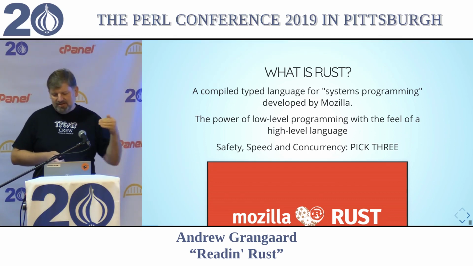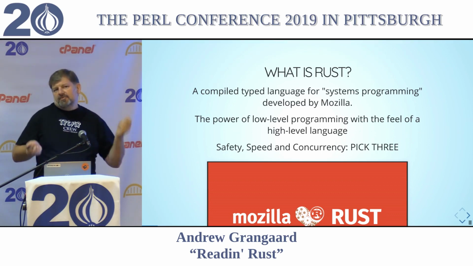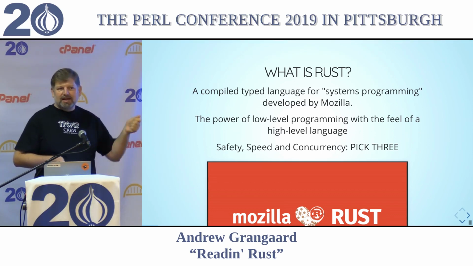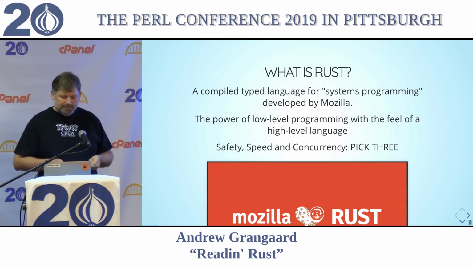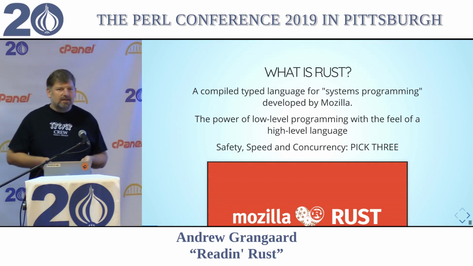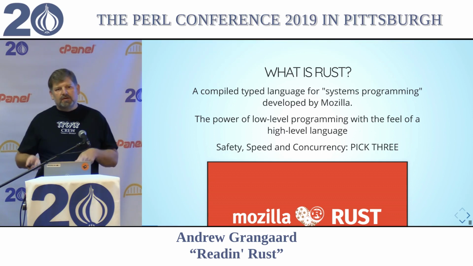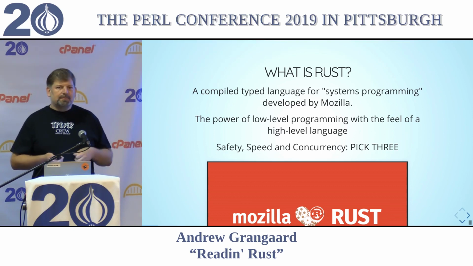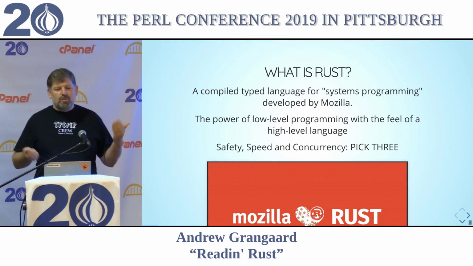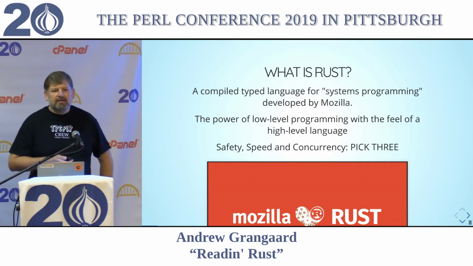And a lot of the early talks you would see were all about how to do systems programming with it. I'm like, I don't really want to do systems programming, but I like a lot of the other things that it gives me. So it has been developed by Mozilla for Servo, their new rendering platform, to make the web faster and safer.